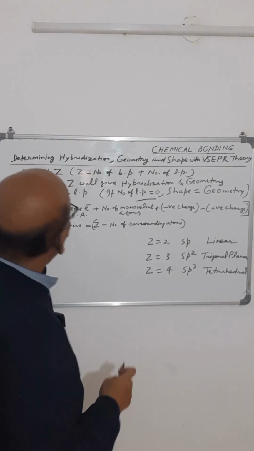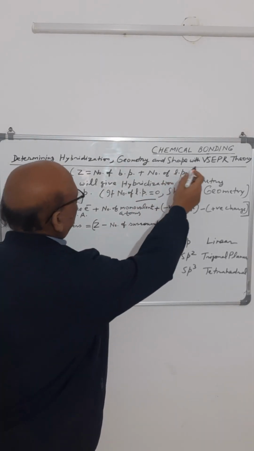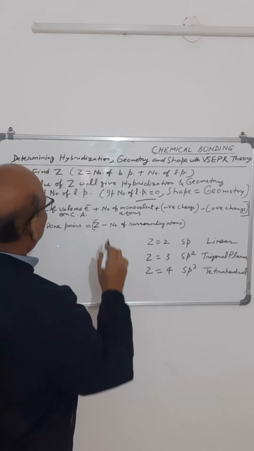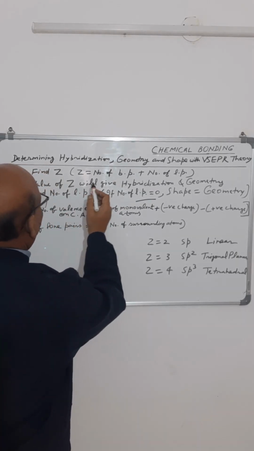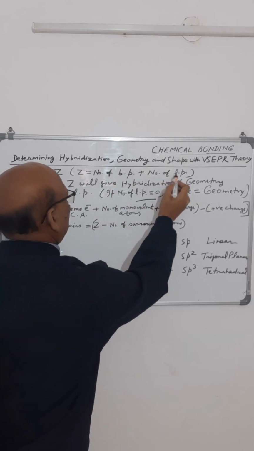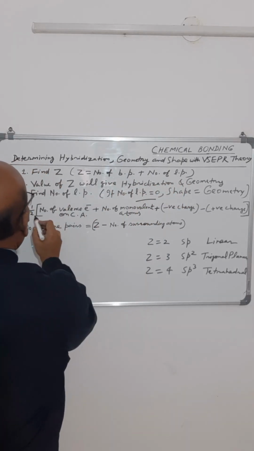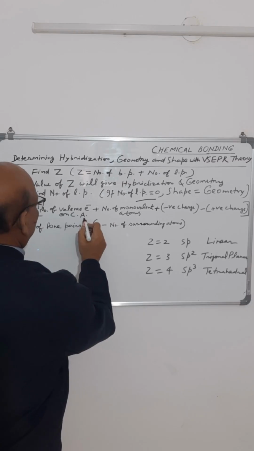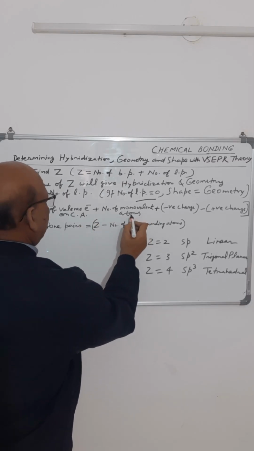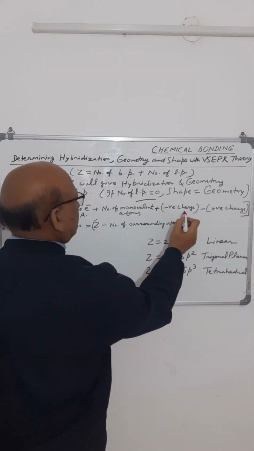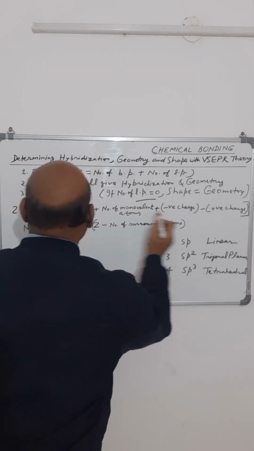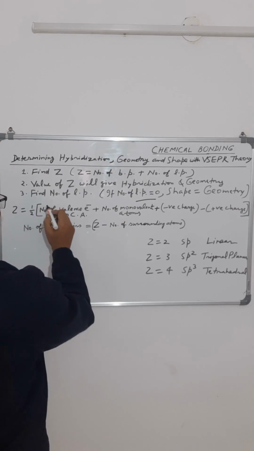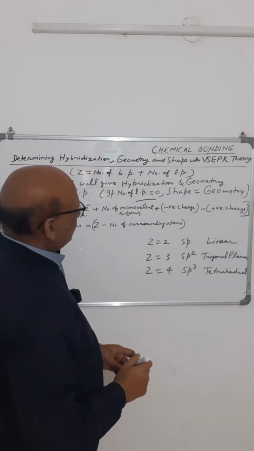Today we will discuss how to find hybridization, geometry and shape with VSEPR theory. So सबसे पहले हम Z की वैल्यू निकालेंगे, where Z will give us the number of bond pairs plus number of lone pairs. और Z का फार्मूला है half into number of valence electrons on central atom plus number of monovalent atoms attached with it plus negative charge if any minus positive charge if any. तो इससे हमें Z की वैल्यू पता चल जाएगी और Z की वैल्यू will give us the hybridization and the